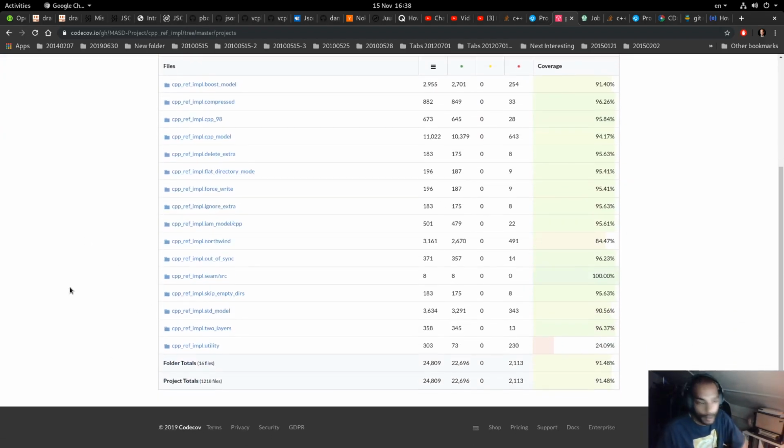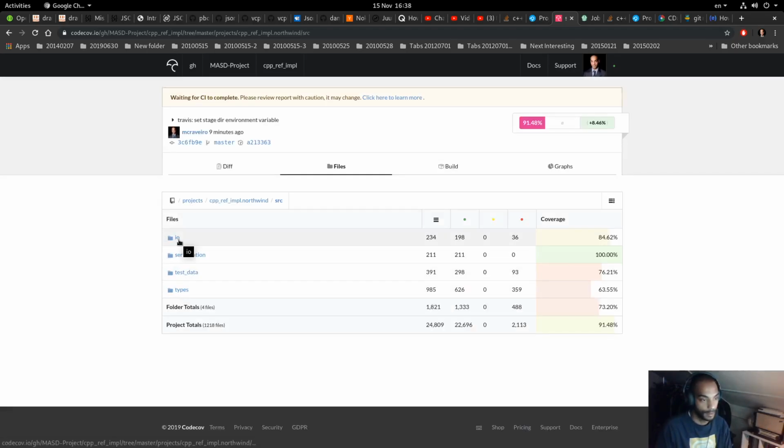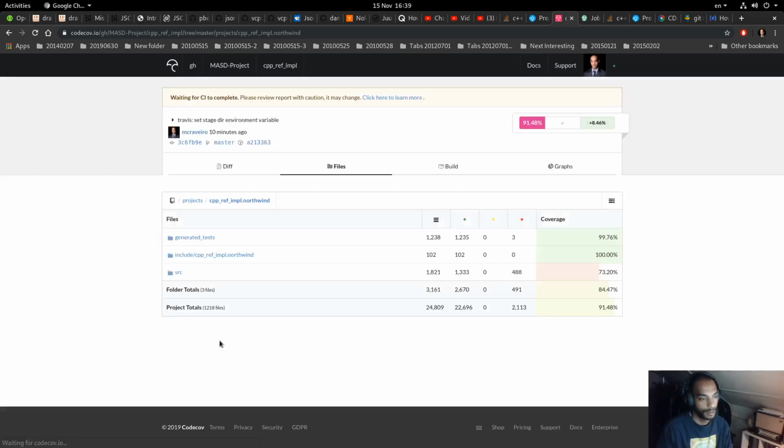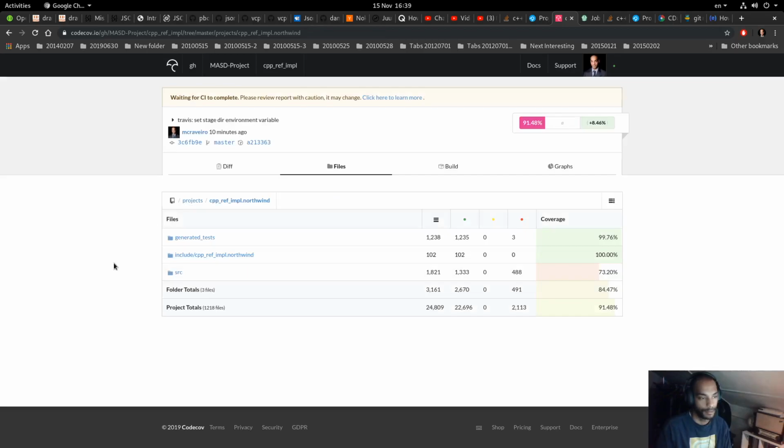What we expect to see here is utility. I didn't expect it to be that bad, but it's bad. And Northwind. Okay, so this is very good, because the reason why Northwind is so low is because all of the ODB code is not being tested. Oh, interesting. We don't seem to be building ODB. Why are we not building ODB? That is unexpected. I would have thought that we'd be building ODB